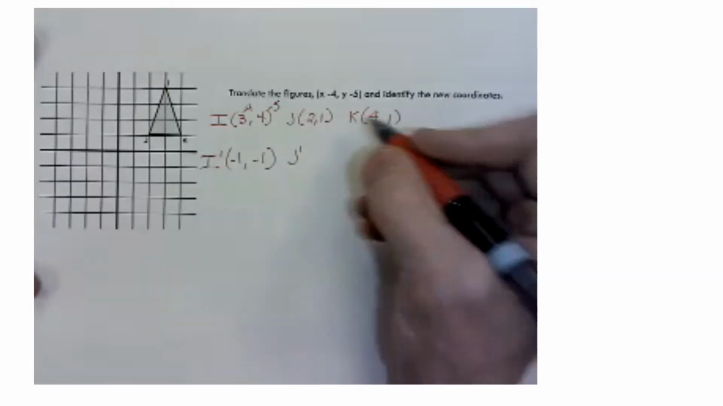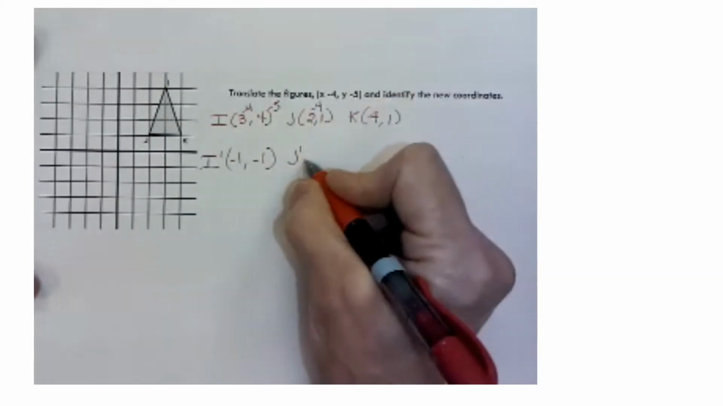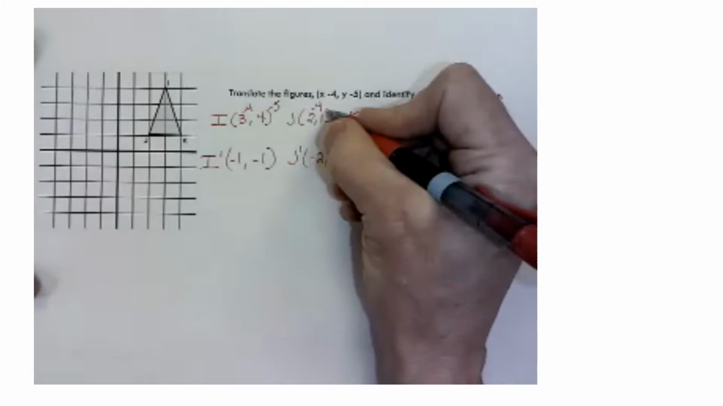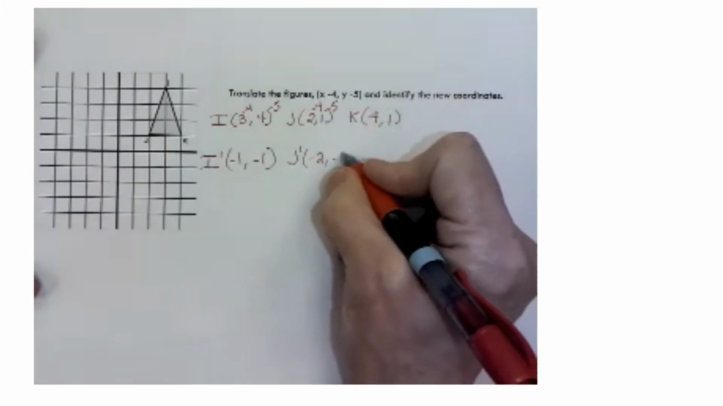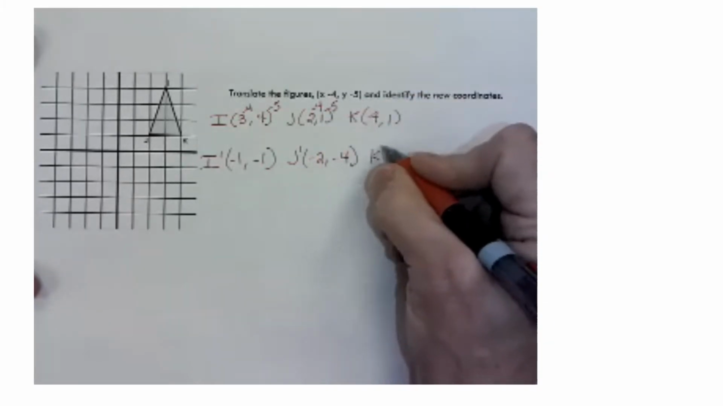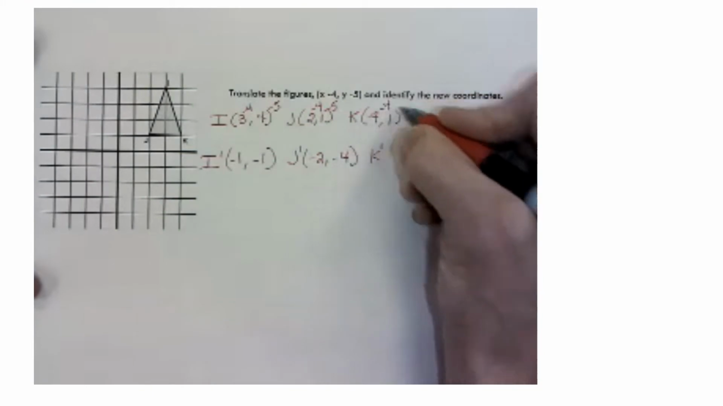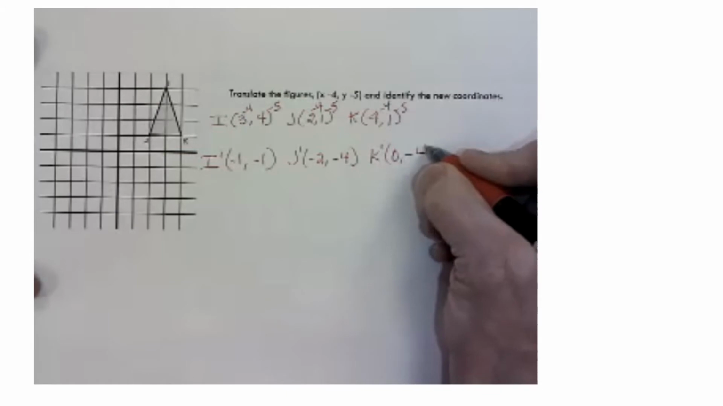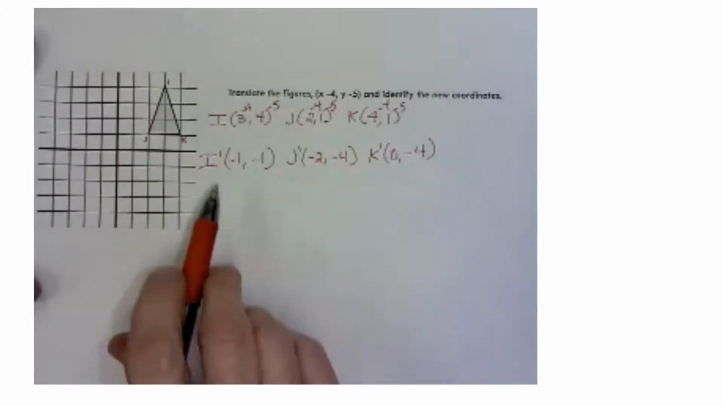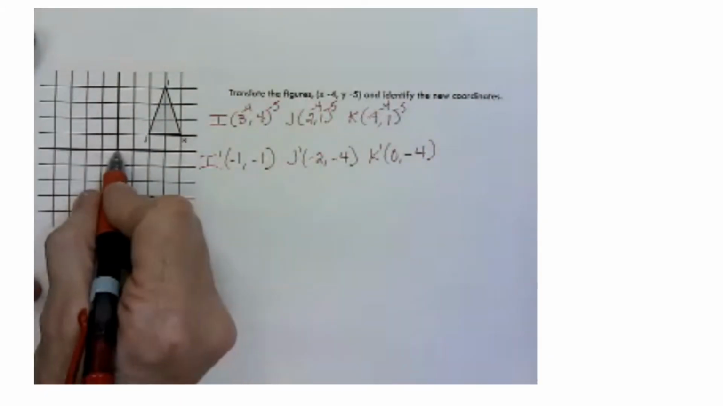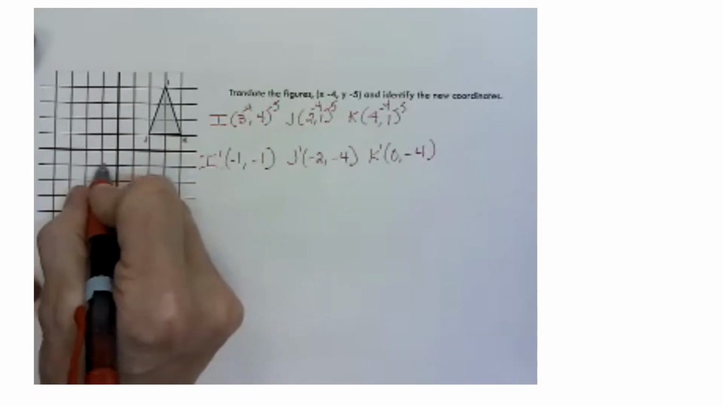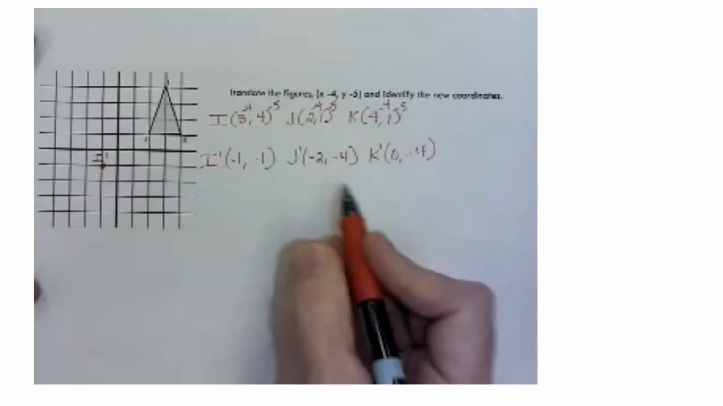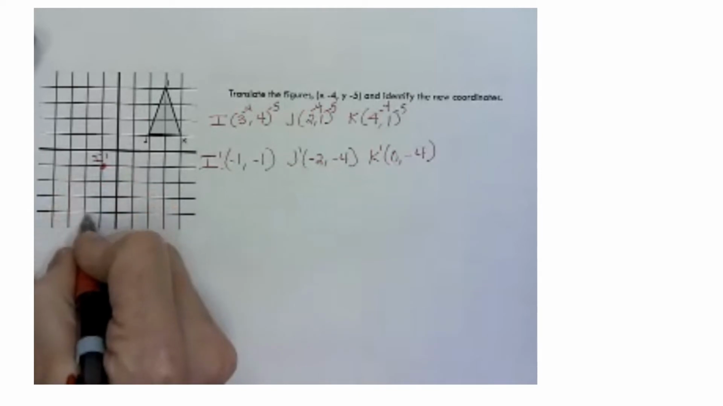For J1, we have 2 minus 4 would be -2. 1 minus 5 would be -4. And K1, 4 minus 4 would give us 0. And 1 minus 5 would give us -4. Now let's go graph our new points. So (-1, -1) would be I1. (-2, -4) would be